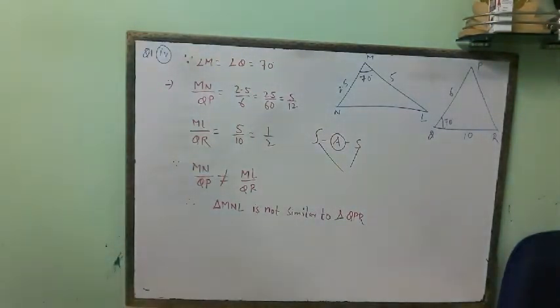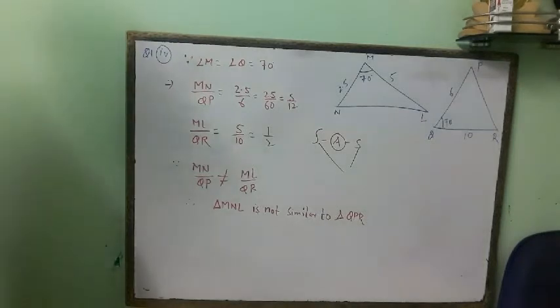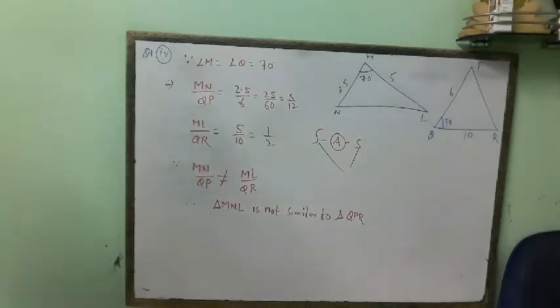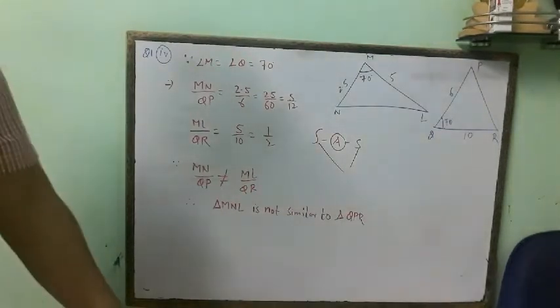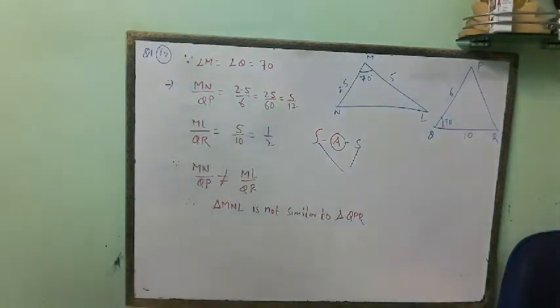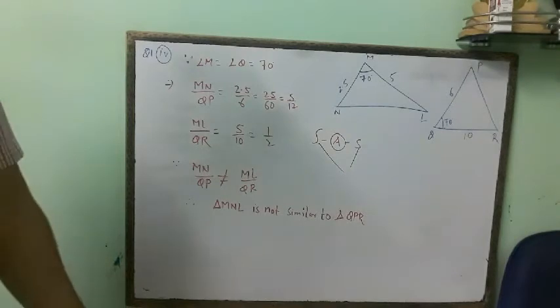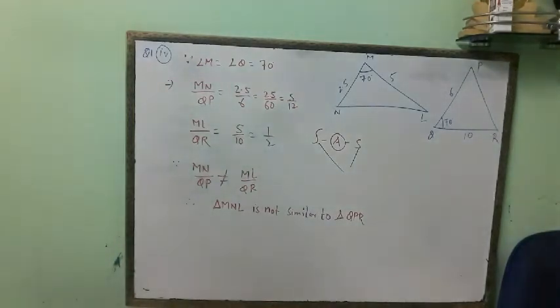This is the thing. So I hope you have understood how we establish the relation of similarity. These are the criteria. So I am moving to the next question, that is question number 3 of this exercise. I am leaving question number 2 because it is easy. If you are unable to solve it, write a comment that you are unable to solve question number 2, and I will make a video separately for this one.